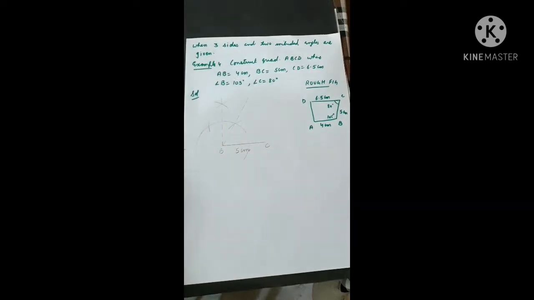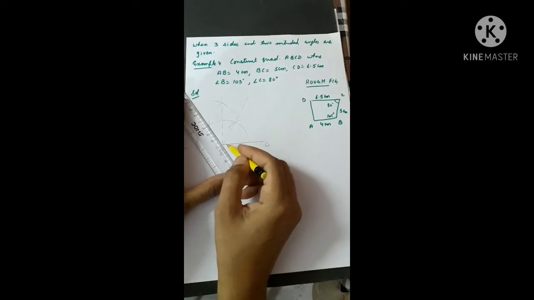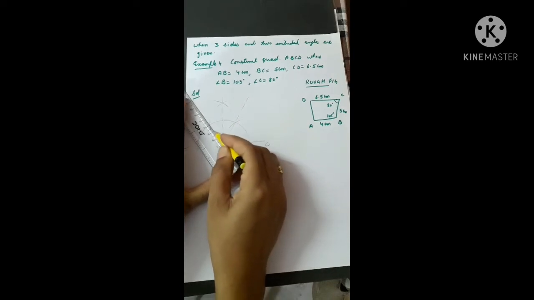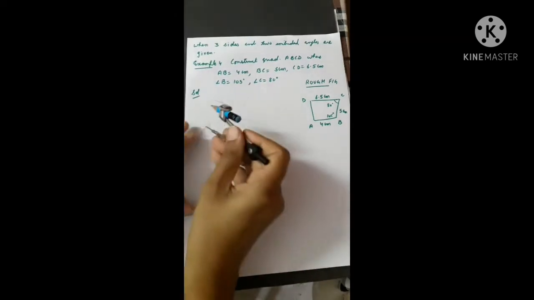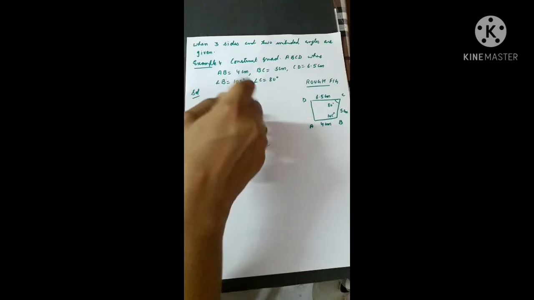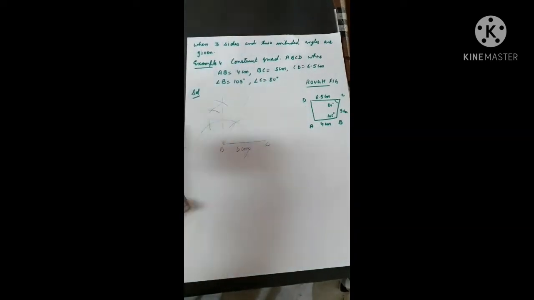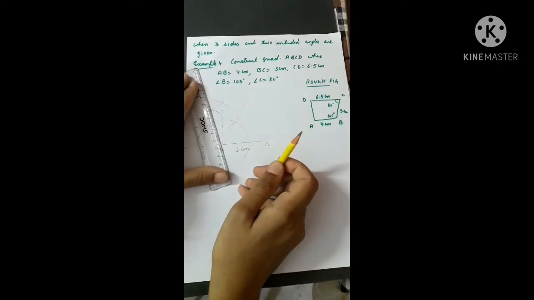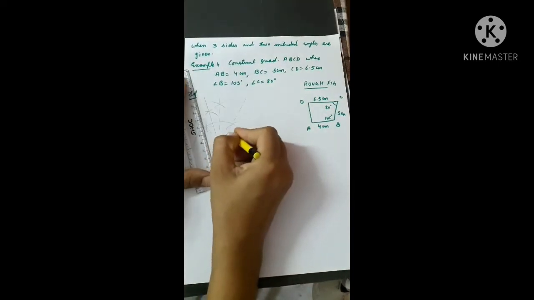Now 105 is the bisector of 90 and 120, not 60. By mistake I have drawn 60 here. So here 90 and 120. Now you draw the bisector. Keep the compass here once, draw an arc, and keep at 90, draw another arc. You get the bisector. When you join this line you get 105 degree. And here you write 105 degree.